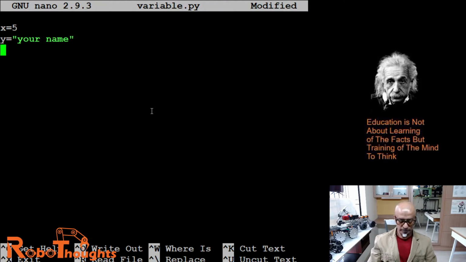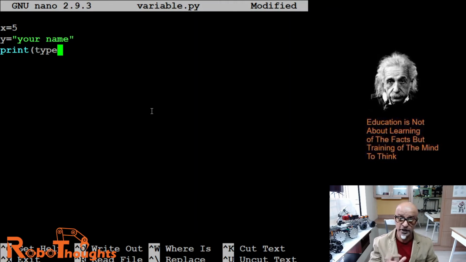Now print, and watch this carefully, guys. If you want to know what type of variable it is, you put an open bracket, and the function name is type.